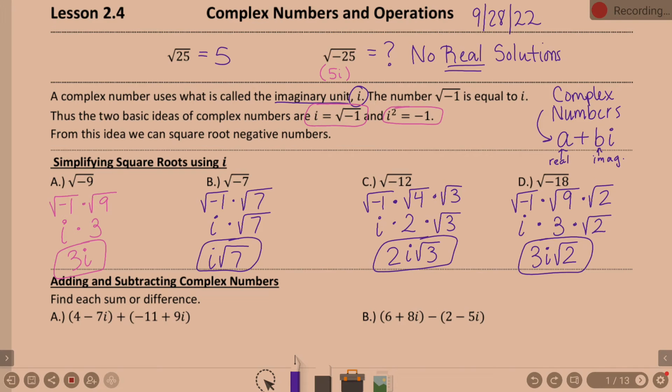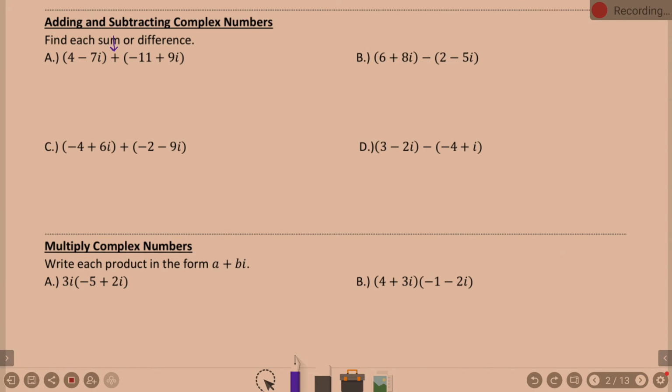Okay? Now, the addition sign does matter, but the parentheses don't really mean anything. We can drop them off and think of it as 4 minus 7i plus negative 11 plus 9i. And if we look at that without the parentheses, because it's just saying we're going to add this complex number and this other complex number,